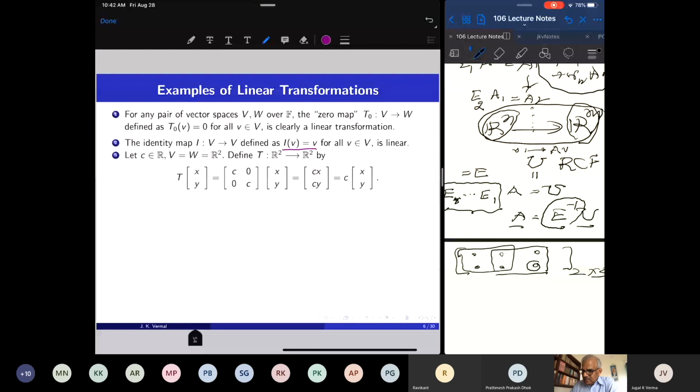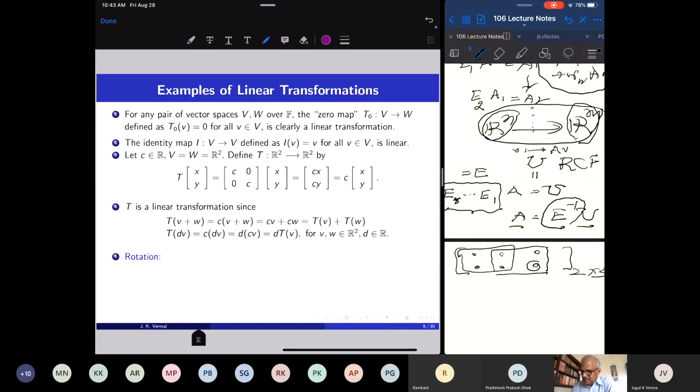Then scaling of a vector is a linear transformation. Take a vector, say for example in the plane, the column vector (x, y), and multiply this column vector by the scalar matrix with c on the diagonal and 0 elsewhere, that is c times this vector. So the input is this vector, and the output is the scaled version of this vector by the scaling factor c. So v mapping to cv is also a linear transformation. The identity map is a linear transformation. Every vector mapping to 0 is a linear transformation. A vector mapping to a scalar multiple of that vector by a fixed scaling factor is also a linear transformation. You can check the definition and prove that these three are examples.